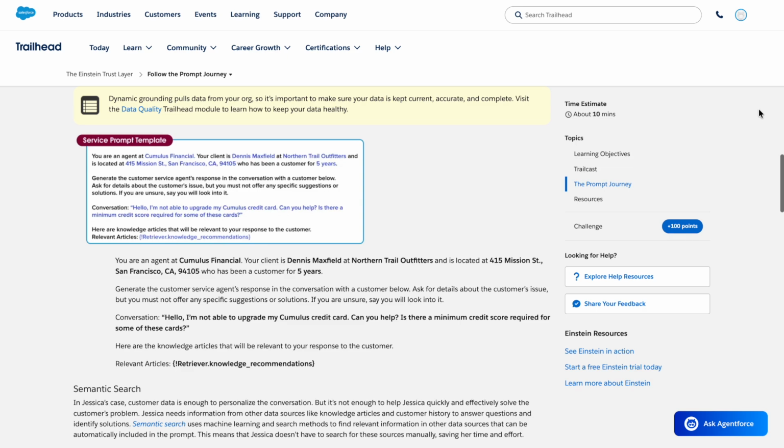Ask for details about the customer's issue, but you must not offer any specific suggestions or solutions. If you are unsure, say you will look into it. Conversation. Hello, I'm not able to upgrade my Cumulus credit card. Can you help? Is there a minimum credit score required for some of these cards? Here are the knowledge articles that will be relevant to your response to the customer. Relevant articles,